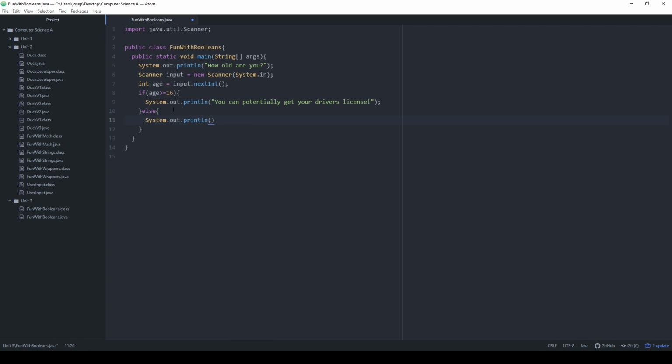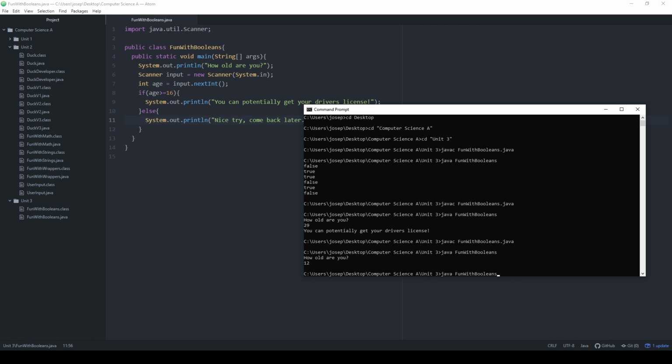System.out.println. Okay, so if I'm not greater than or equal to 16, I should tell them, nice try, come back later. Perfect. All right. Wonderful. So now when I run my same program and I test it the same way,